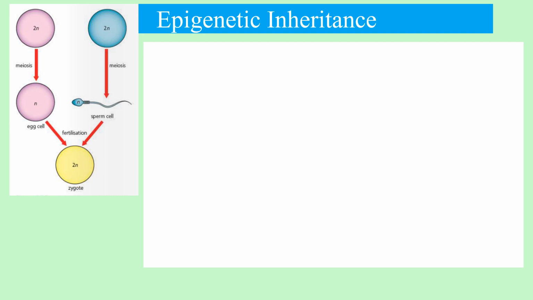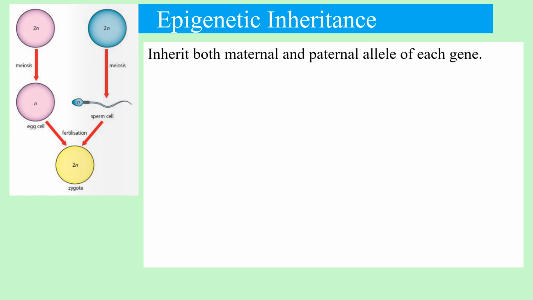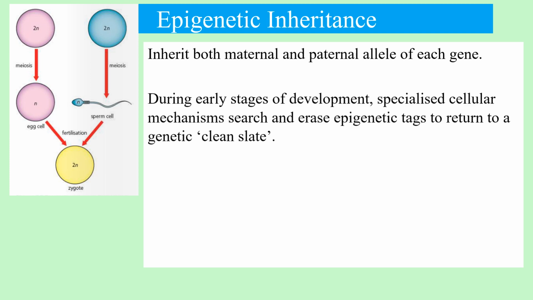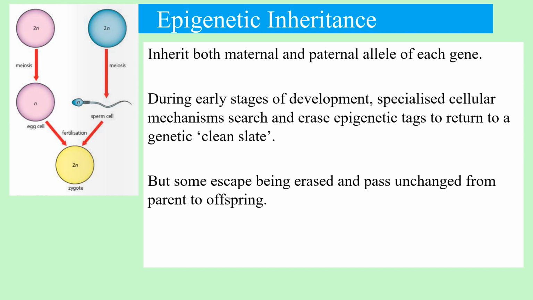Epigenetic changes can be inherited, and that is a key thing. So these changes to the chemical tags, which can make the histone wrap tighter or looser, can be directly carried to the next generation. Because we inherit genes from both parents, there are mechanisms to try and stop this. During early stages of development, specialized cellular mechanisms will search for and try to erase epigenetic tags to return the genetics to a clean slate, I should say. However, some escape being erased and then pass unchanged from the parent to the